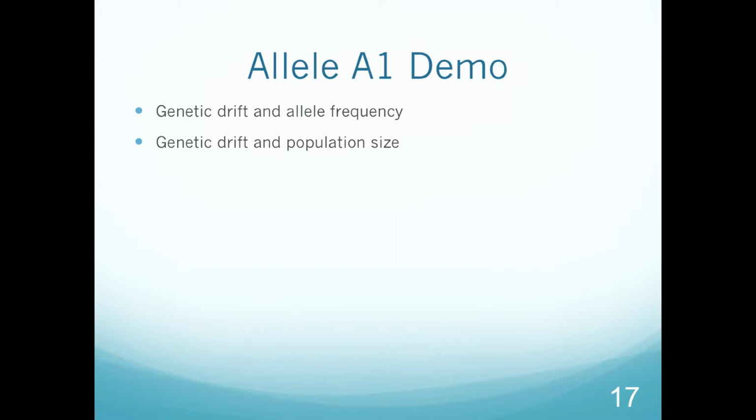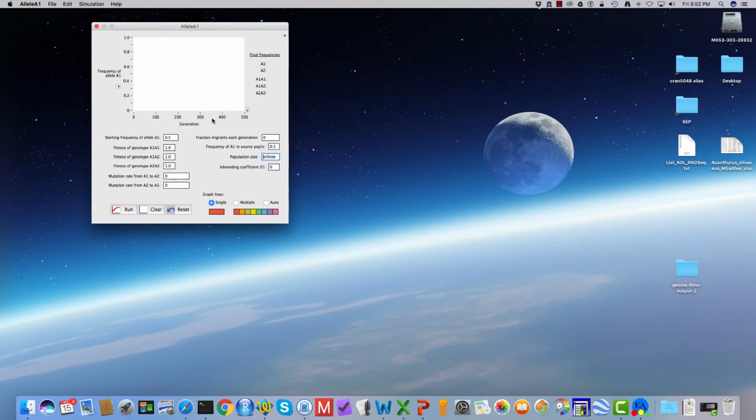So let's take a look at this in allele A1. If we start off with an allele frequency of 0.01, so this is a new allele, and we let that run, we see the allele frequency doesn't change. If we change the population size down to something like 10 and decrease our x-axis,